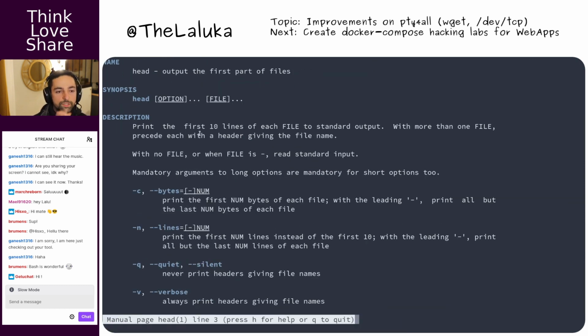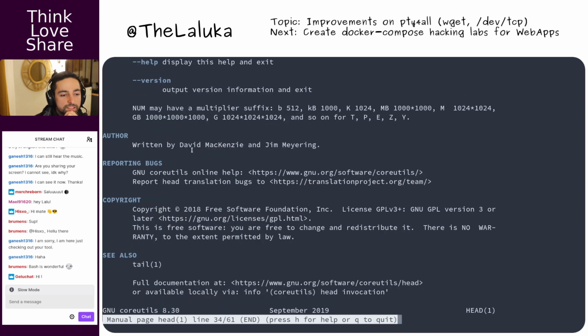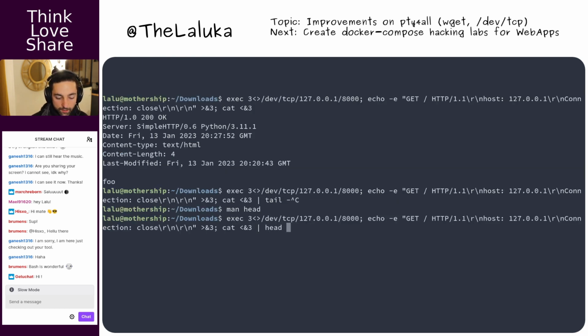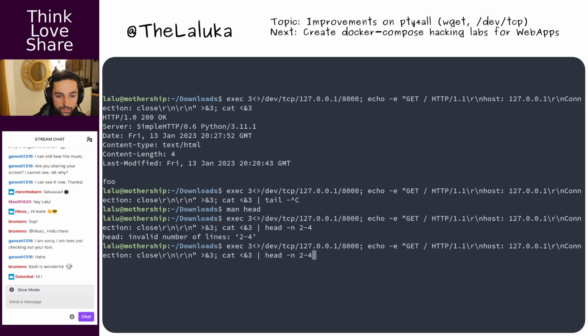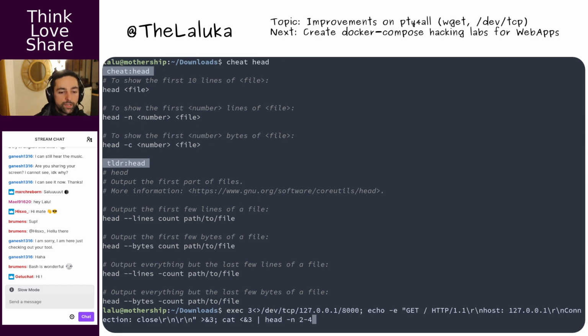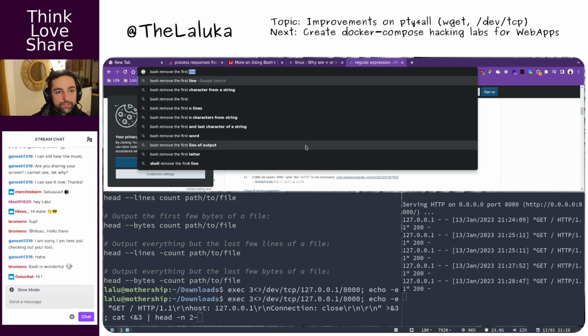Because what I want to do is to get rid of the first lines. So maybe I could ask head to use the first one and then go lines something to something. Oh yeah, number and count. So if I say, okay, what I want. Okay, bash remove the first n lines.